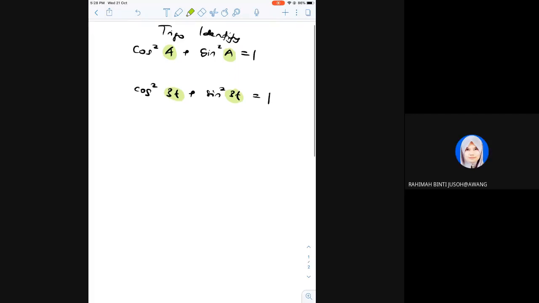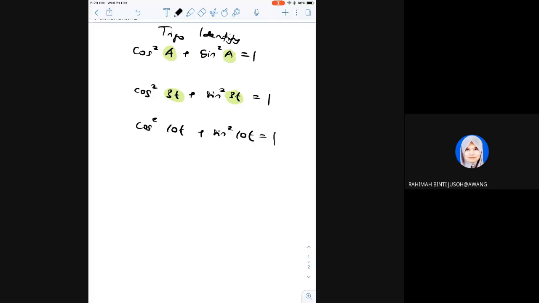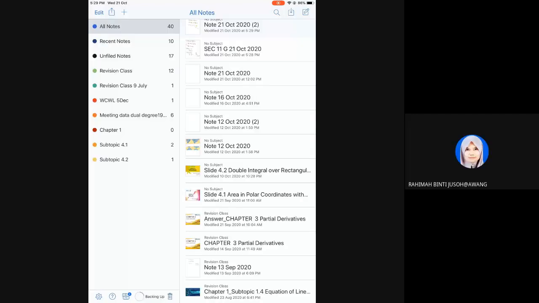Alright. So, that's why saya kata kalau cos squared 10t plus sin squared 10t, yes, you still get 1. As long as dia kena sama berkali t tu. Tapi kalau you ada cos squared 5t, dekat sini tambah sin squared tiba-tiba 2t, this is not equal to 1. This is wrong. Okay, dia tak sama dengan syarat dia kena sama. A kat sini A, kat sini A. Itu je tadi. Trigonometric identity. Okay, can I proceed? Alright, so now